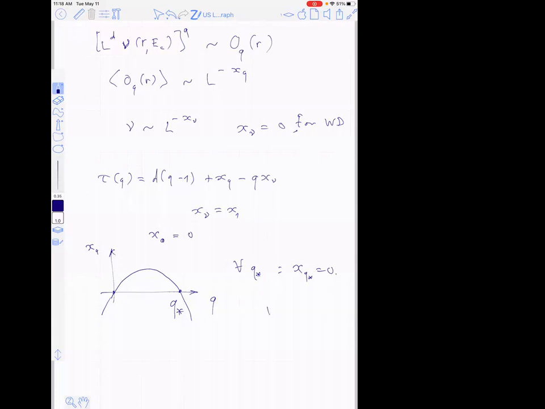So for Wigner-Dyson, already exhibited here, x q star is 1. For other symmetry classes, it has different values. It's known some numbers. Okay. What's important is that the corresponding operator is a very unusual operator with dimension 0, and it's not identity. Right. So the theory that describes this phenomenon has a strange operator that is not identity, and nevertheless it has a 0 dimension.